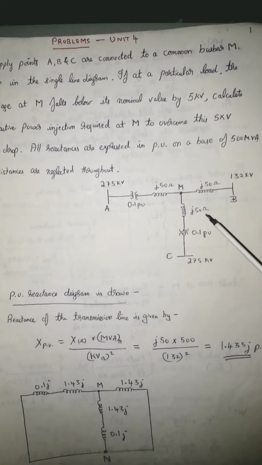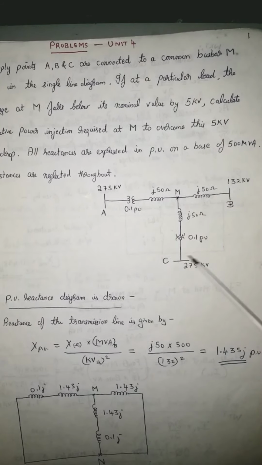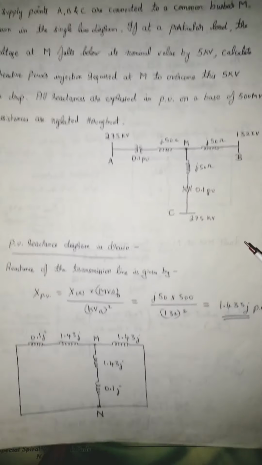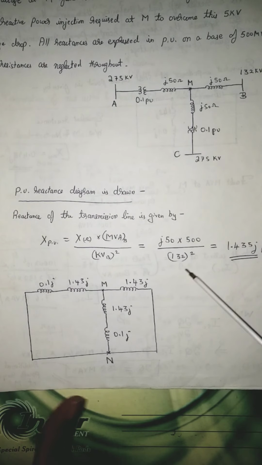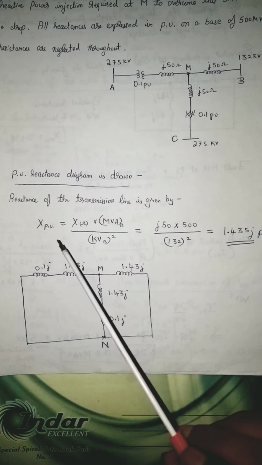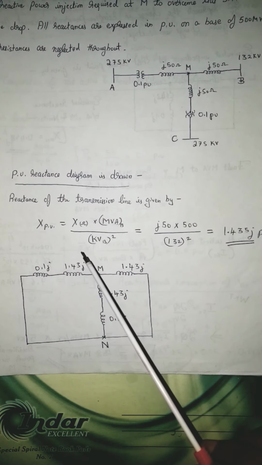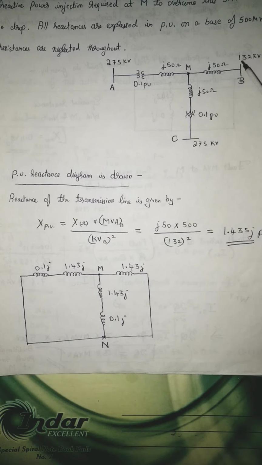For that, first we try to draw the per unit reactance diagram for this single line diagram. Already you know how to do the per unit reactance diagram calculation, which you have learnt in your PSA 1. Anyway, I'll be going through that here. So here we'll be considering voltage at bus B as the base value of voltage. Since there are transformers present at these two junctions, the voltage levels will change. So this will become your VB1, this entire section will become your VB2, and this becomes VB3. VB2 is considered as base in this problem.